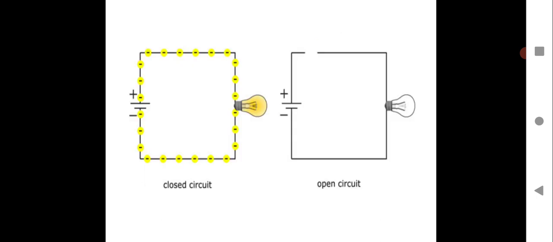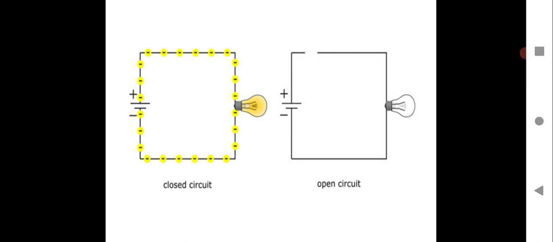One more diagram. This is to be drawn in the notebook. Please draw this diagram in the notebook. And here you can see on the left hand side a closed circuit, where you can see the flow of the electrons, that is the flow of the electric current, where you will see the battery or the cell having a positive and negative terminal, the cell connected with the help of the wire to a bulb, and when you are keeping it closed, it allows the electric current to pass and the bulb will glow.